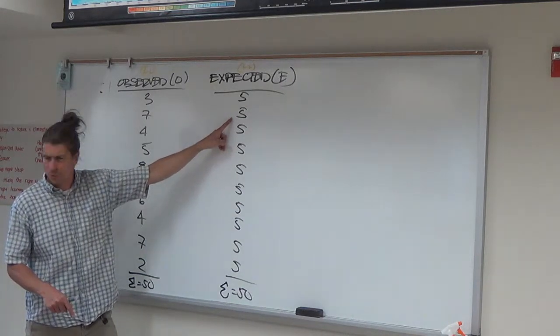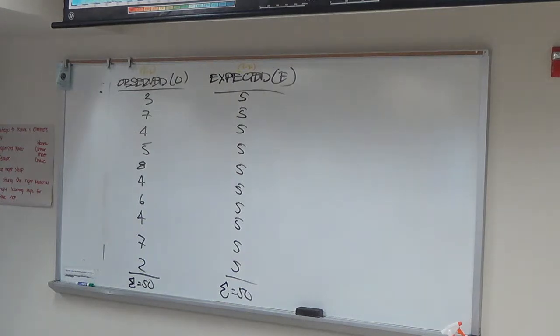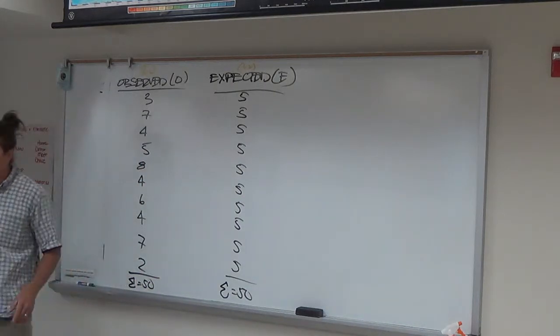If I'm doing this correct, I think I'm doing this right. 4 divided by 5, 0.8. What numbers would that then tell us? I love that idea. If it's less than 1, then it's under-occurring. If it's greater than 1, it's over-occurring. If it's equal to 1, it's occurring perfectly.